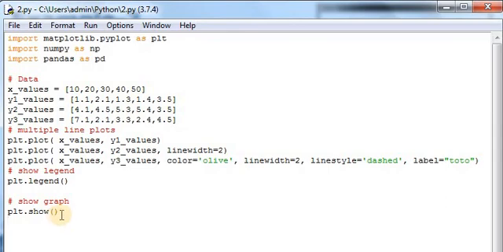And if we want to show the graphs, which method are we using? plt.show. So in today's lecture we understood how to create a line graph in Python, and in one window, how to create 2 lines and 3 lines, meaning multiple lines in one graph. Go through all the programs.